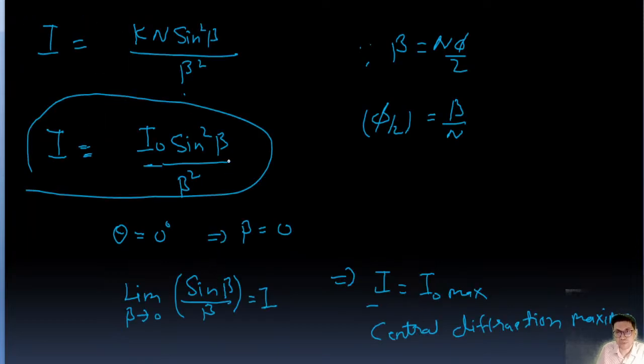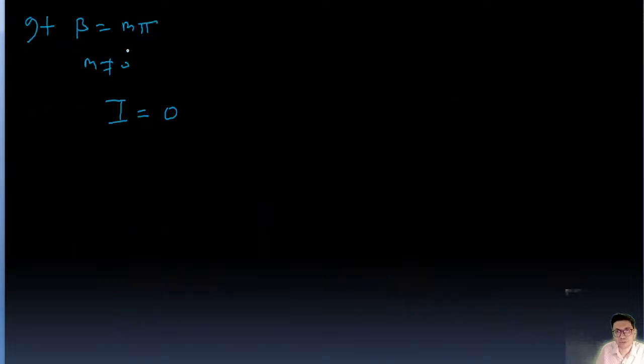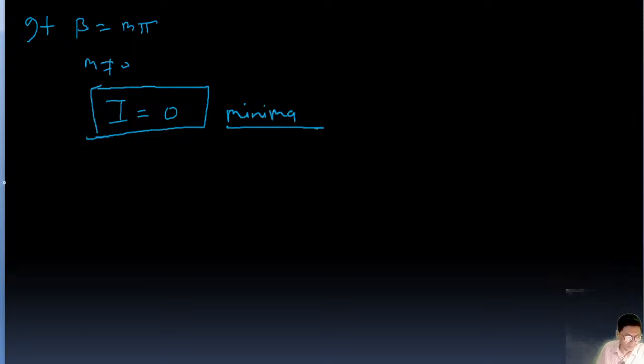Beta equal to m pi, we will put the value, and sine m pi, sine square beta m pi is going to be 0, right? The value of pi m is not equal to 0, so I is going to be 0, because sine m pi, where m is any integer, is going to be 0. So that's why the value of I is going to be 0, that means minima. That is minima, okay. And from here also for first minima,